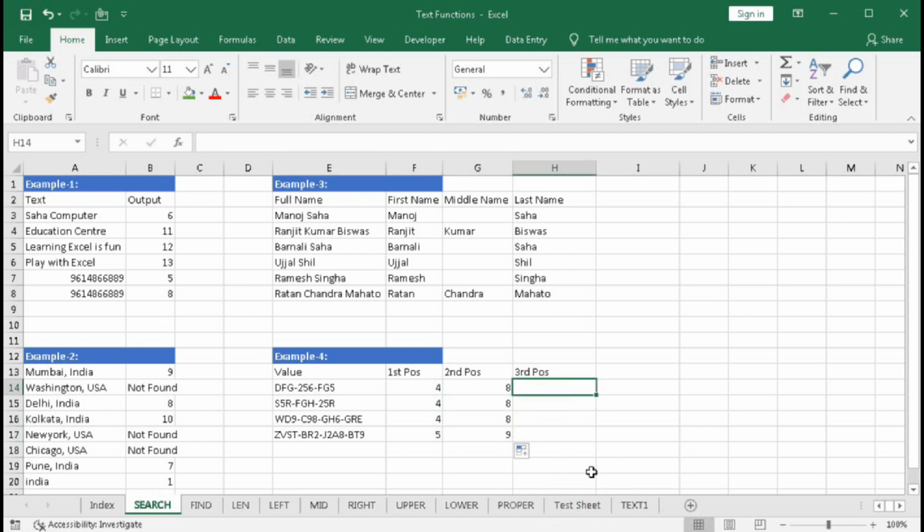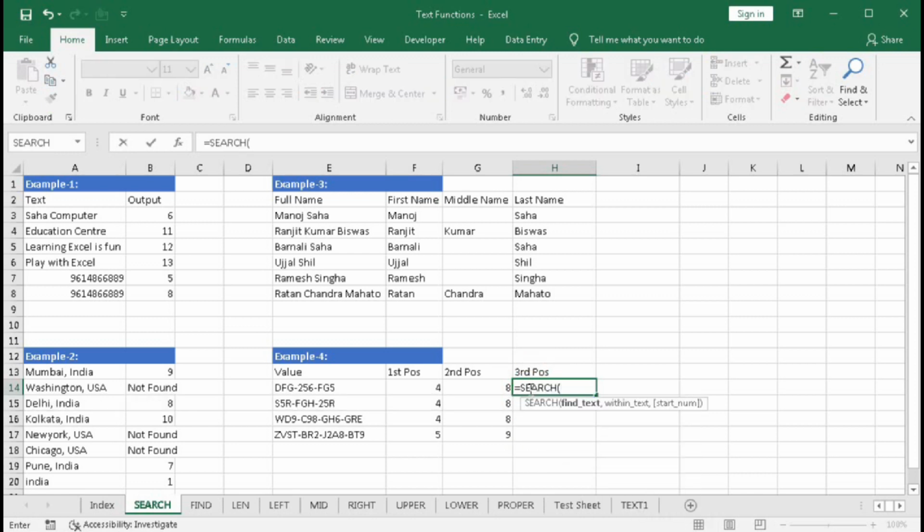Now we will get the third position. The same thing we have to apply, just increase one search more. So equal to search within quotation dash, comma within text this, comma. Now the starting number will be the second position of the dash. So first we will get this second position. So search,